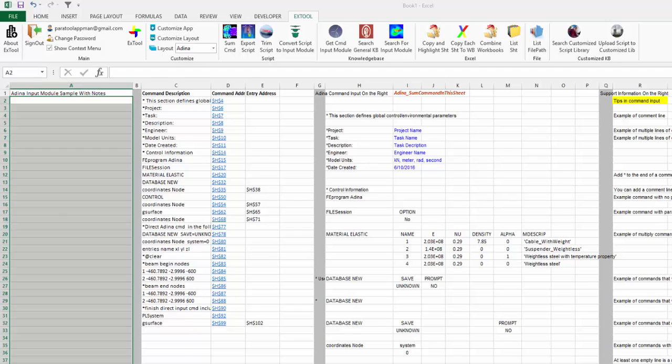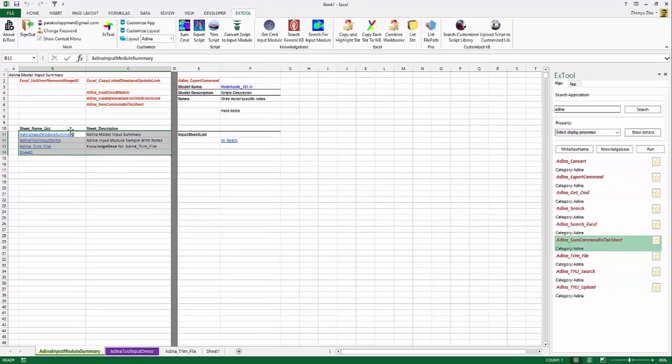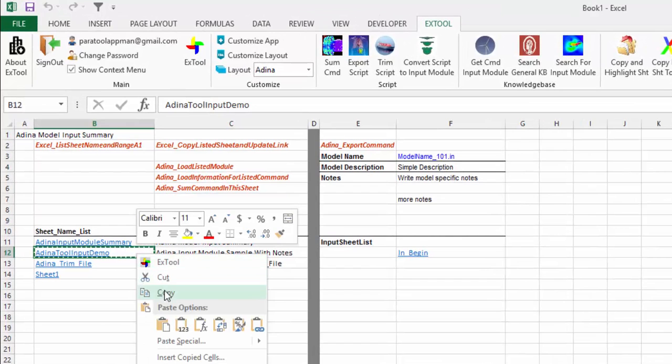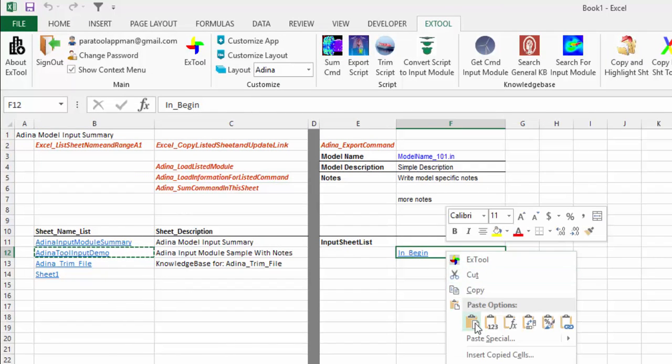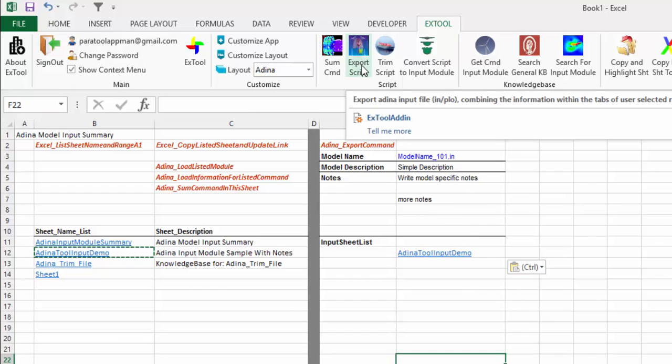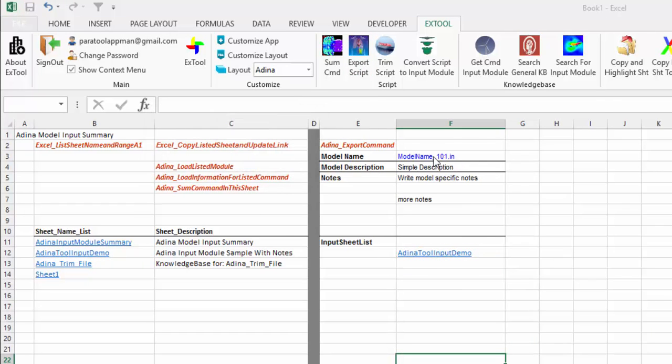We can now show it with a real example of how we can combine multiple sheets into a script. In this case, we have one sheet that is prepared. We can list all the sheets in the Excel, and we copy the one that we just prepared into a column, and it's hyperlinked, mind you, and you can export this particular module into a .in file,